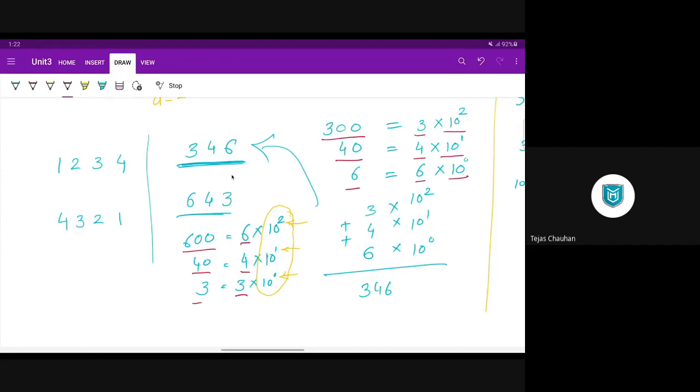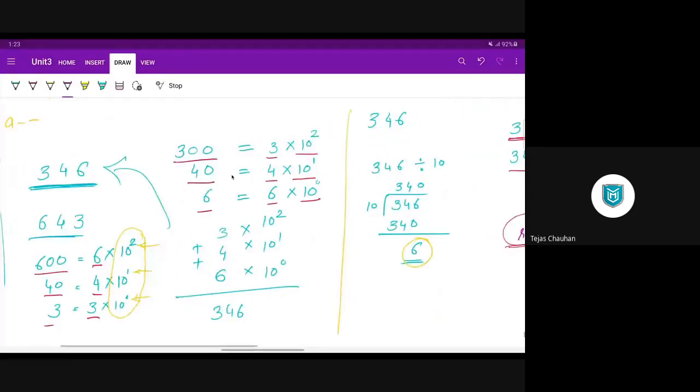So 643 means 600 plus 40 plus 3, which means if you can extract those digits separately, 6, 4, and 3, then you can go for an iterative process, where 6 will be multiplied by 10 twice, 4 will be multiplied by 10 once, and 3 will not be multiplied by 10, and you'll need to go for an addition process, right? And for that we have also understood the process here.